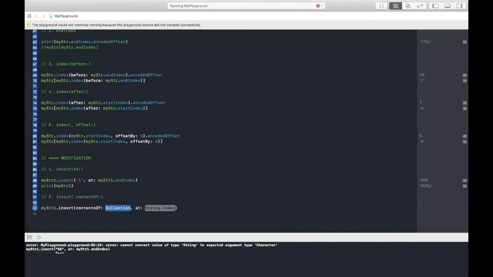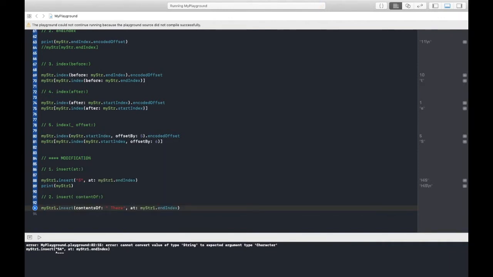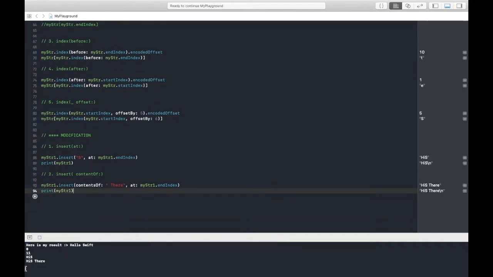You will get the collection here, a collection of characters, like Hi space there, at which position, of course at the end, right? And again check the value of my str1 and run it. See, S is already added in the first query, and then there is added, right? So this way we can insert the values, right? And now how can we remove? For remove we have